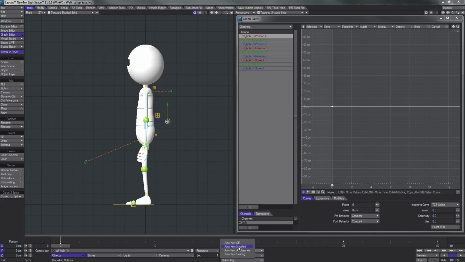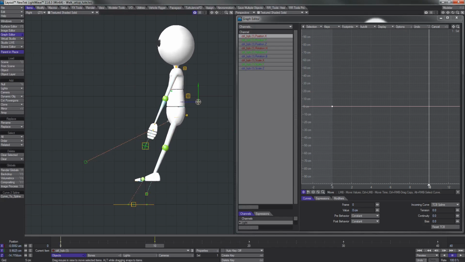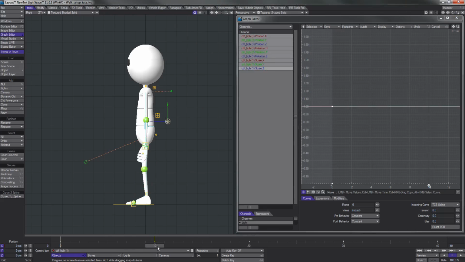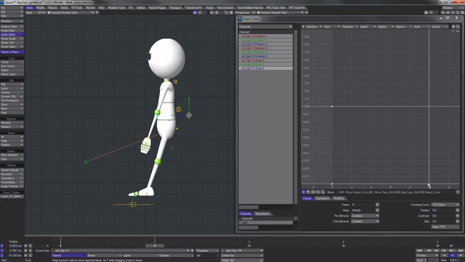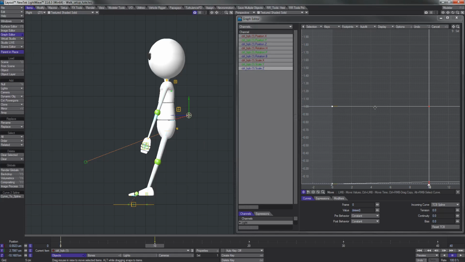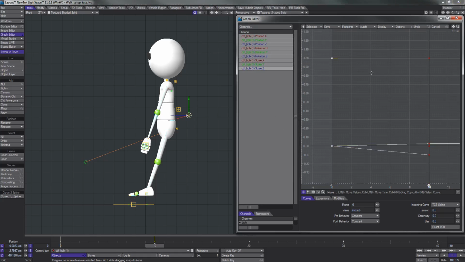Now let's take a look at auto key off. Once again, if we move down the timeline and we move our character around, you'll notice that no keys have been made, and if I move the timeline, he pops back to his original position. When it comes to using auto key off, we have to go in and create keys manually, and to do that we hit enter, and you've got the choice of all the different channels that you can create a key for. Now if I've got them all selected and hit OK, you'll notice now that I've got keys in all